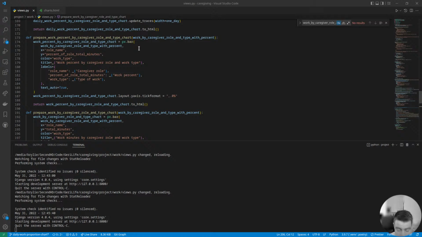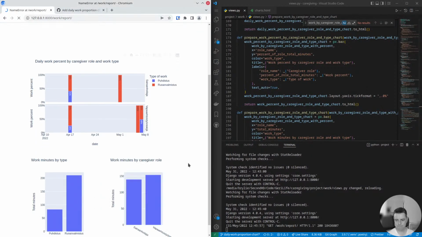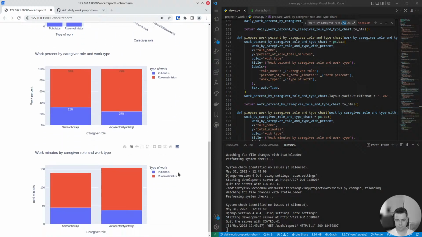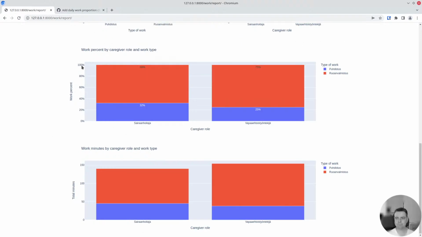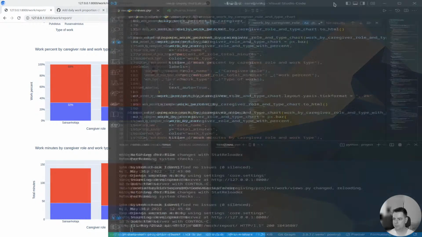One has the total and one has the percent. So two sides. Here we are. Percent and total, same data. So I'll probably just live with it. It's not ideal, but it's definitely an